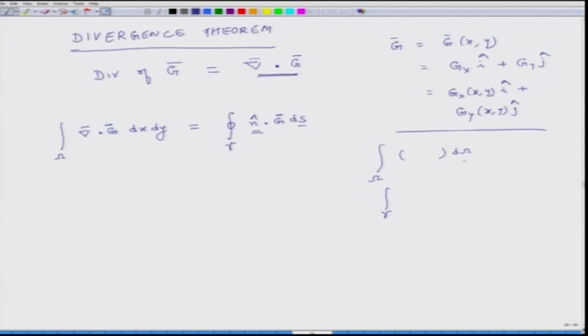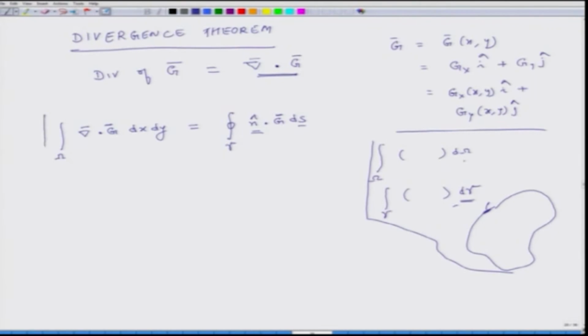And similarly, the boundary integral may be written as some terms in parenthesis times d gamma, and this d gamma is basically whatever is a boundary. This d gamma, it could be points. So, in case of point, the integral is not valid. If it is a 2D domain, then d gamma corresponds to this small line element. If it is a 3D integral, then it corresponds to a surface. So, it is a 2D surface element. So, this is a little bit diversion about terminology.